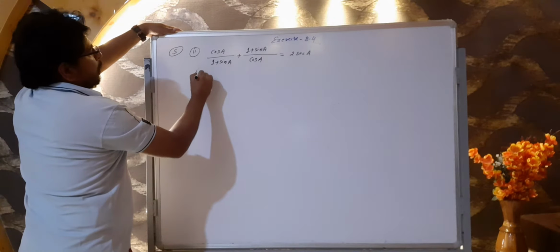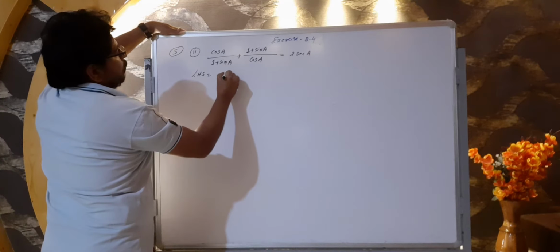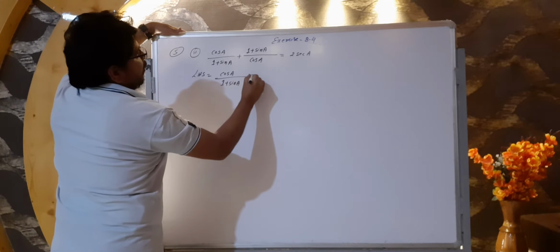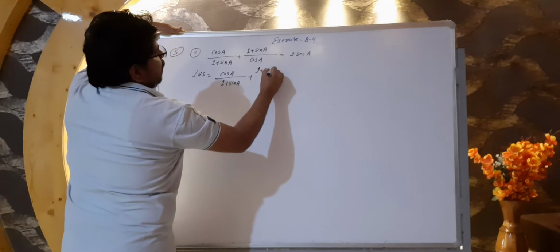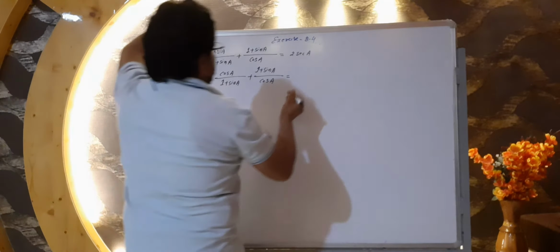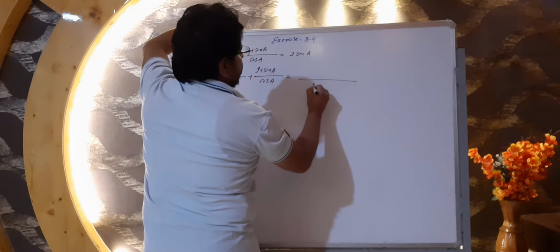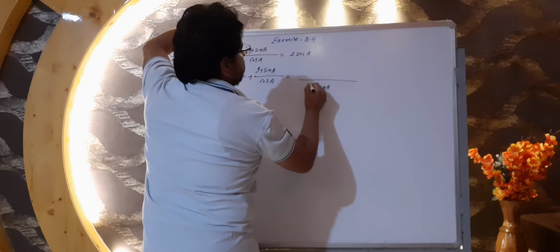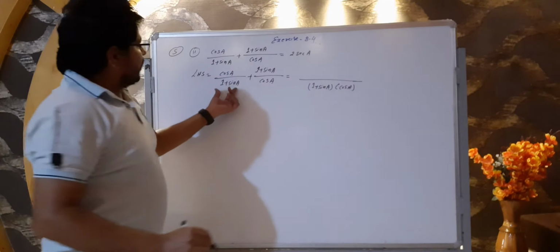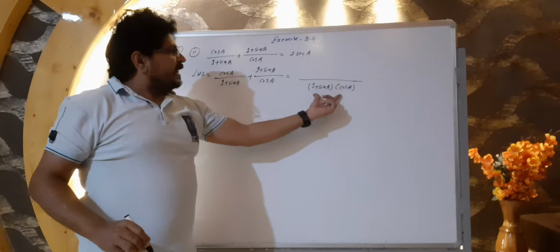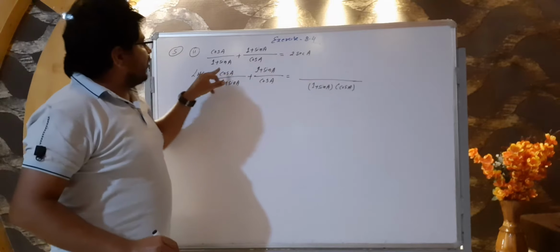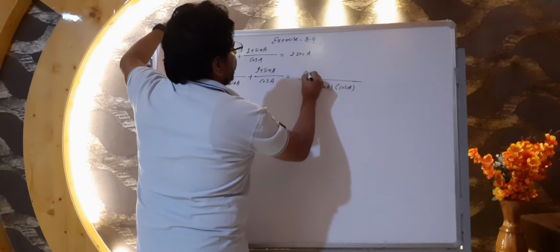Now we have to write LHS is equal to cos A upon 1 plus sin A plus 1 plus sin A upon cos A. We should take its LCM. Then what we got? 1 plus sin A cos A. Okay. Now this 1 plus sin A cos A we have to divide by 1 plus sin A. 1 plus sin A will cancel. What will remain? Cos A. And here also cos A. Both will multiply. Then what we will get? We will get here